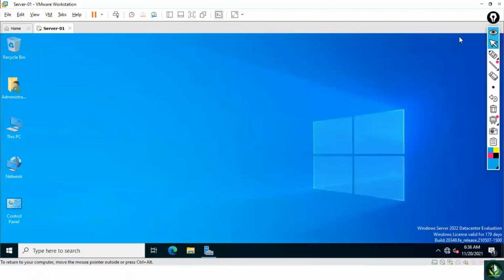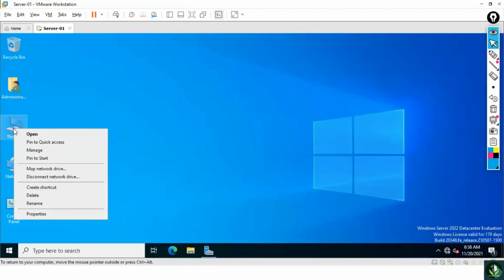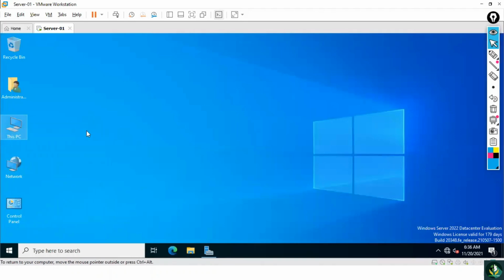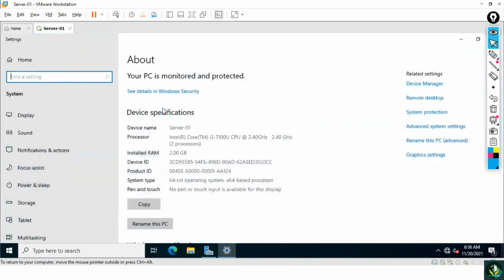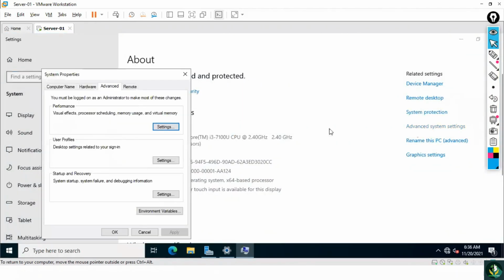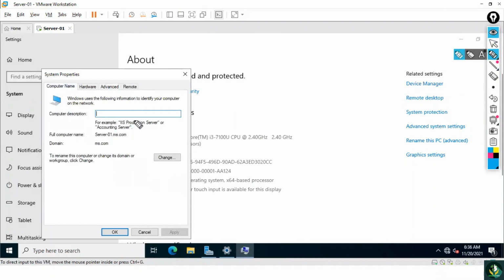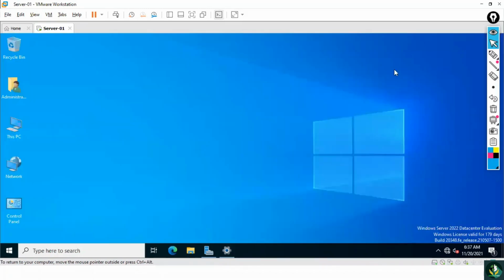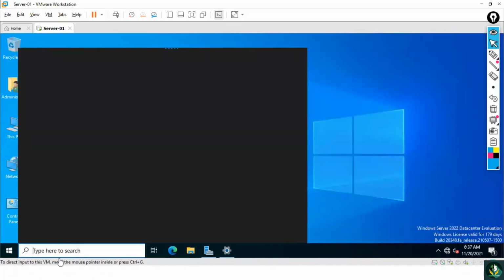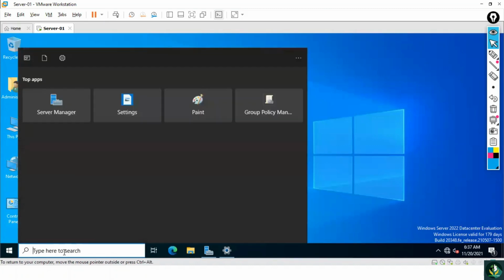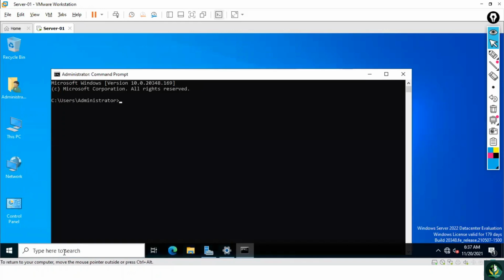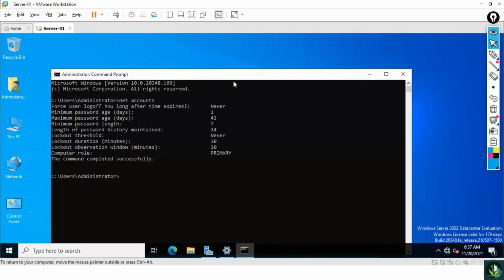Okay. And if you go to this PC, then properties, previously it was in workgroup. Now you will see it is a part of domain ms.com. We'll go to advanced system settings. We'll go to computer name. Under this computer name, if you observe here, now it is saying domain ms.com. Okay, and still it is not confirmed whether it is a domain controller or not. We'll go to command prompt. Then we'll type this command net accounts. So if you see here, the computer role is primary, which means this is the domain controller. Okay. So if you see this primary,